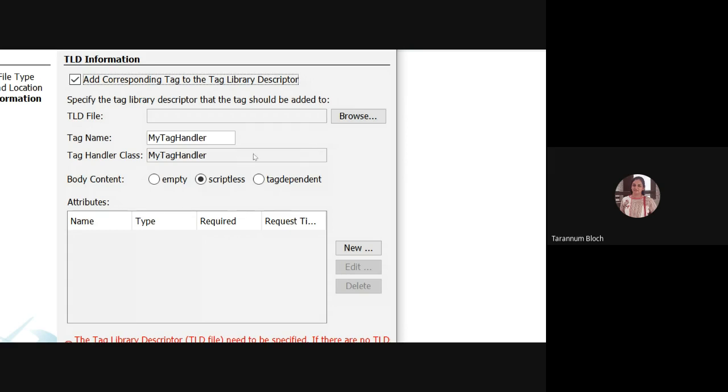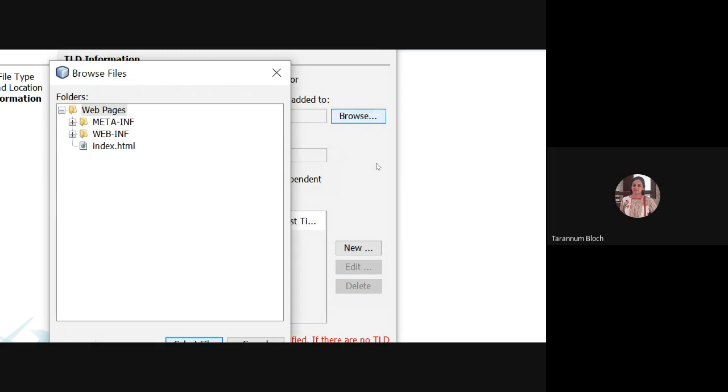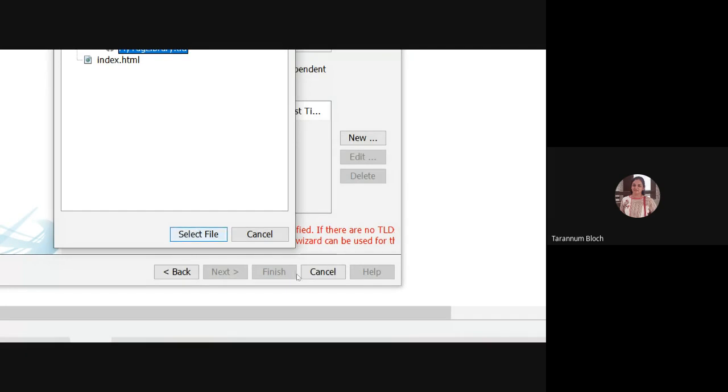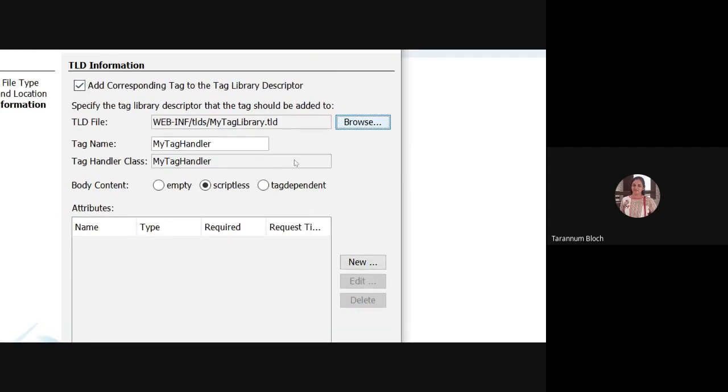So it says to specify the tag library descriptor. I'll click on browse. I will choose the one which we created. Give select file. Now it has selected that, and it is creating a tag. So I can give the tag name over here: simple. Simple is my tag name. Are you getting it? In the tag library descriptor, we said short name m. Now we are saying the tag name simple. So when I want to use it in my JSP file, I'll write m:simple. And when I'm doing m:simple, tag name simple is handled by the tag handler class MyTagHandler. So it will go there and it will execute this class.